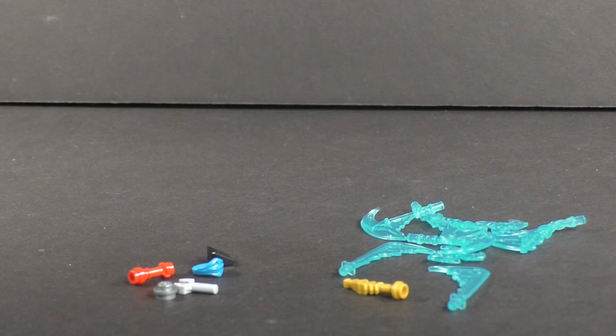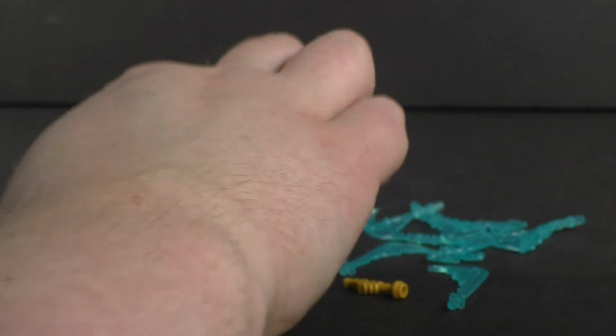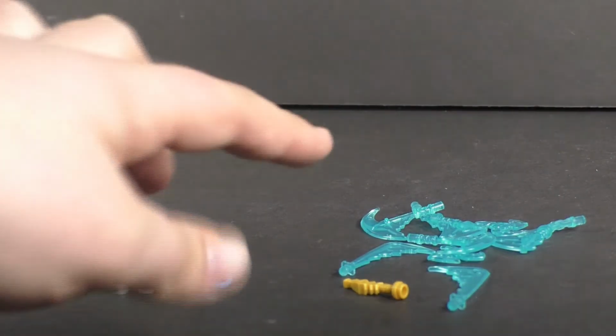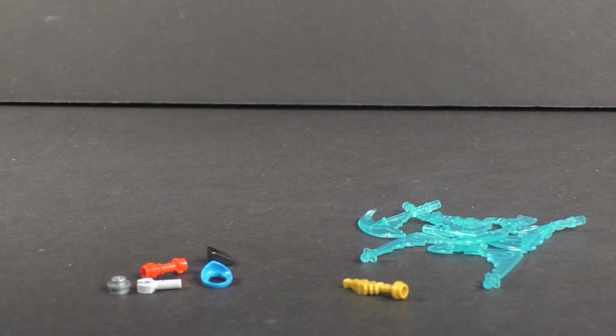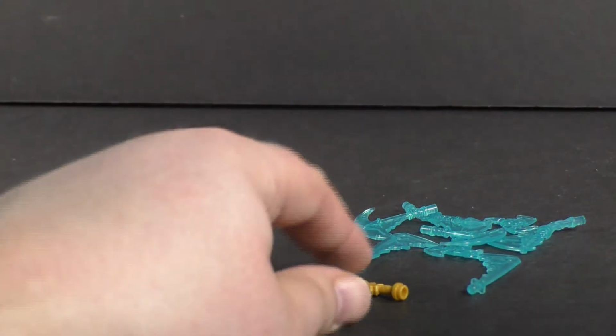Looking at the extra pieces for the Zane Nindroid set, we do get an extra of the wrench piece, an extra lightsaber piece in blue and a red there, and an extra one of Zane's mask wraps. And then of course, like all the other epic battle sets, you get all the powered up pieces molded in trans blue, as well as they do give you the